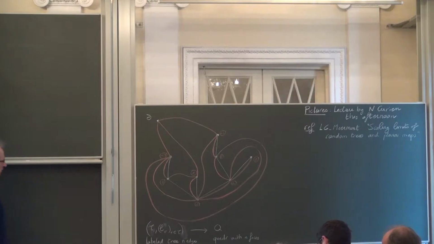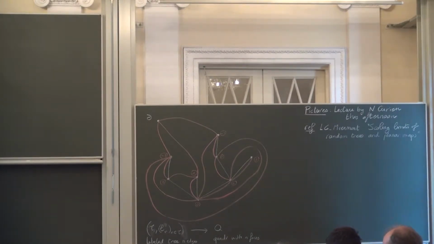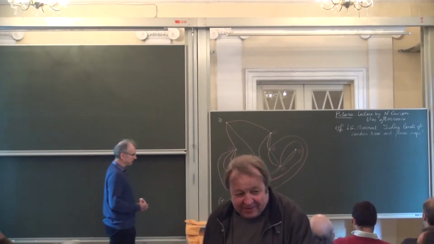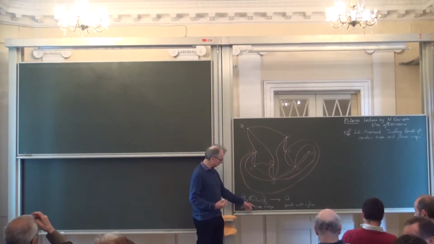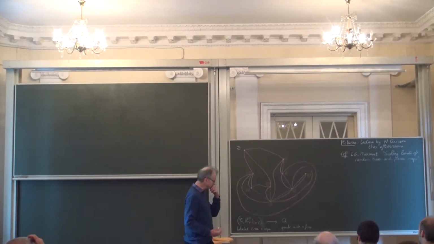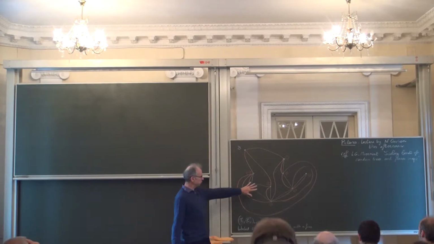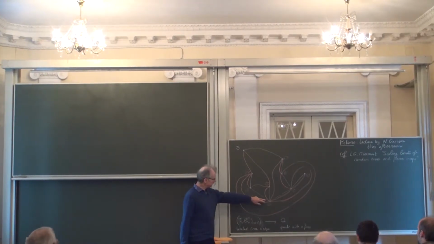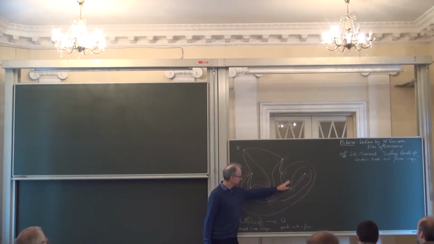Okay, so yesterday we did a lot of combinatorics. Today it will be more probabilistic. But still I want to comment a little bit on the last result I explained yesterday, which was this bijection between trees with labels and quadrangulations. So essentially, I've shown you again an example of how the bijection works. I guess you can see the tree in white lines here.